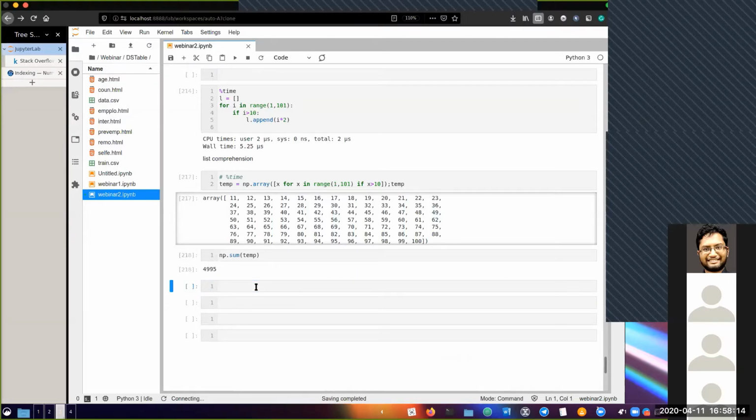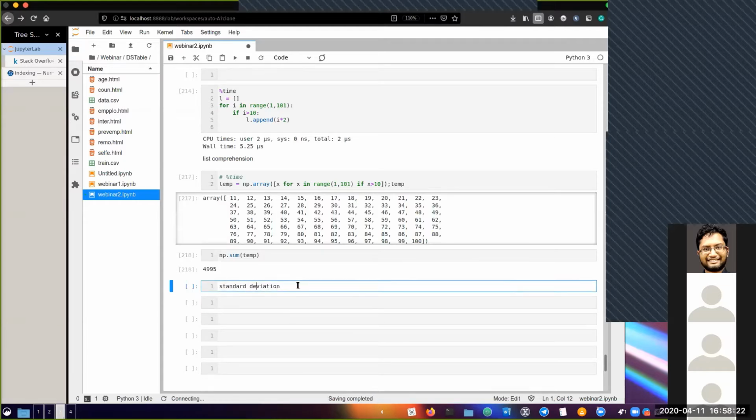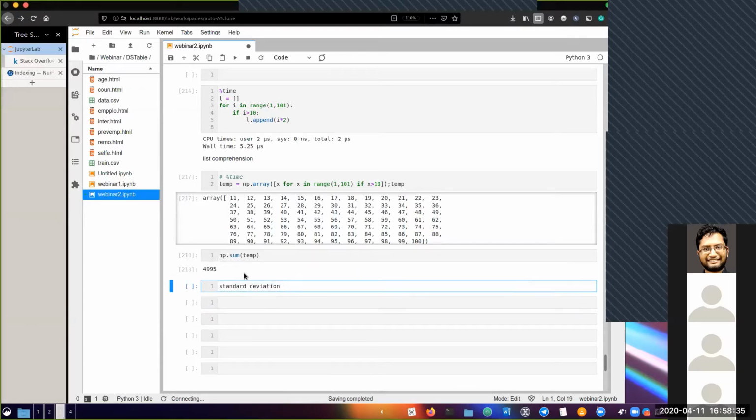Okay, have you guys heard of standard deviation? This has a pretty long formula, and if you want to just do it manually, it might take you a little more effort because you'll have to first find the formula and all that. Okay, in the comments, tell me how you think you can do this in the NumPy syntax. It'll be the same thing almost. Maybe you'll just have to replace something in this. So tell me how you think we can convert this to a standard deviation example.